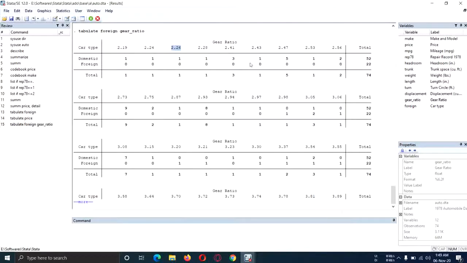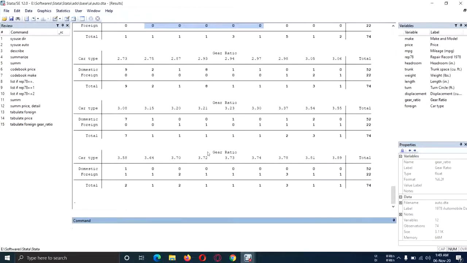So in domestic, these are the values. In foreign, there is no value related to that observation. So this is a very long table. If you want to learn more about your variable, you can run multiple commands in the tabulate function, and you can learn about this. So you can also see the corresponding values.